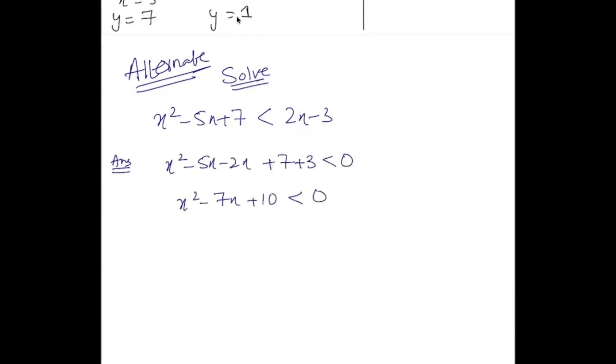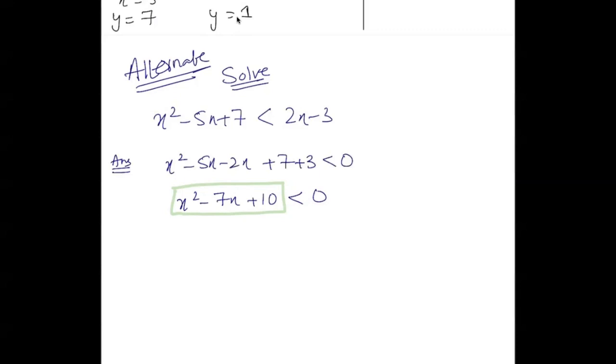Now that's a quadratic inequality. And the question now becomes, for what values of x is this curve going to be less than 0? So that means 2 less than x and x less than 5. Yes, that's correct. See, Abdul Rahman, we read this inequality as x greater than 2. You are right, 2 less than x and less than 5, that's also correct. The answer is correct, but it's better to read the answer as x greater than 2